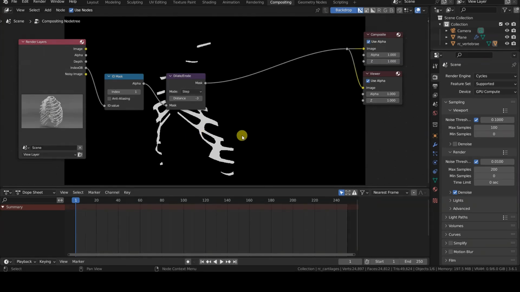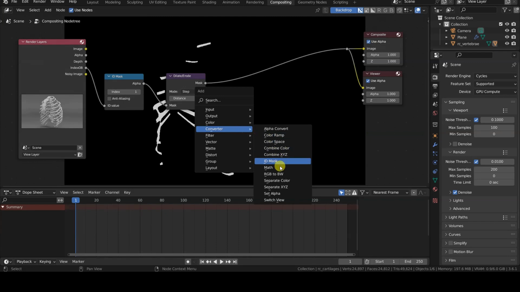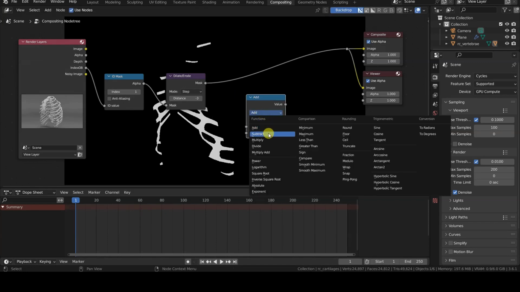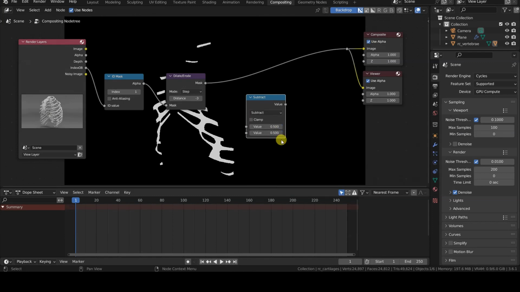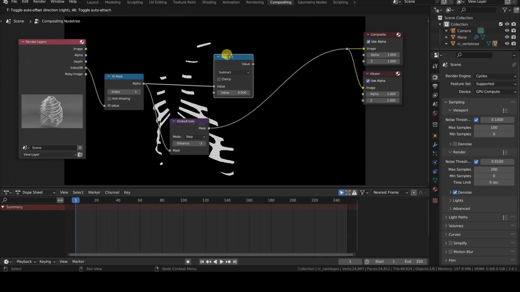The node we'll use is the Converter Math node set to Subtract mode because this node works on numerical values, which are coming from the alpha output of ID mask and the mask output of Dilate/Erode, as you can see by examining the color of these input-output sockets. So, connect the alpha output of the ID mask to both the first value input of the Math Subtract node and the mask input of the Dilate/Erode node.